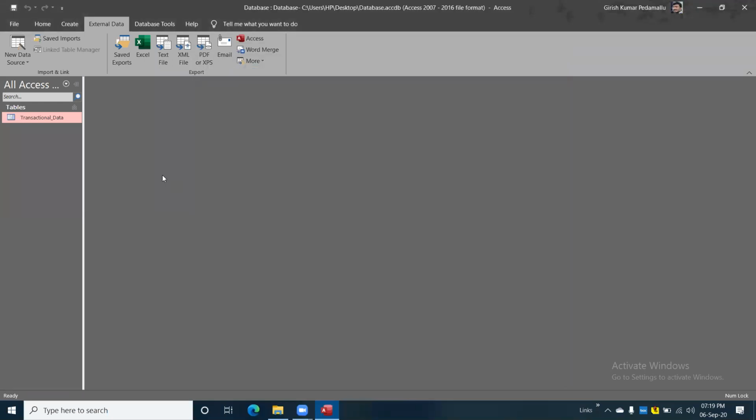Sorry, sir, I have a question here. If I append the same file again, will it take a duplicate, or will it show an error? It will take duplicate data because you are importing the data. We are not verifying whether the record is there or not. If you want to do that, we need to write some macros in Excel, verifying while importing whether the record is there or not. That is an advanced level. So we have to be careful. This is a one-time task, so at that time we need to be careful while selecting the files.